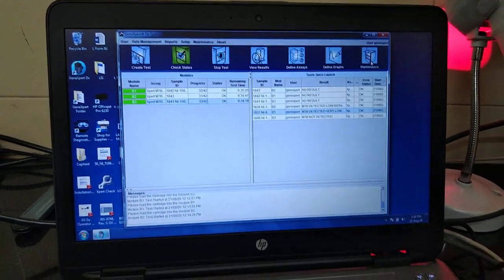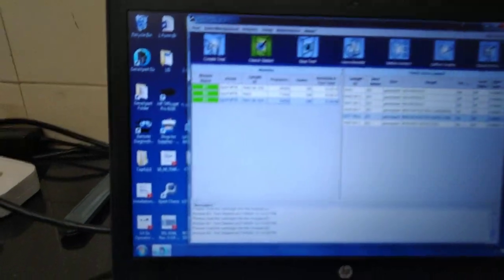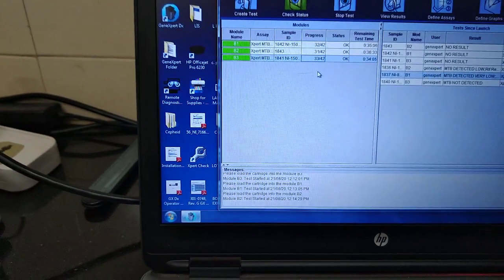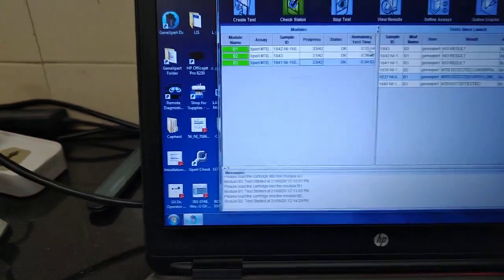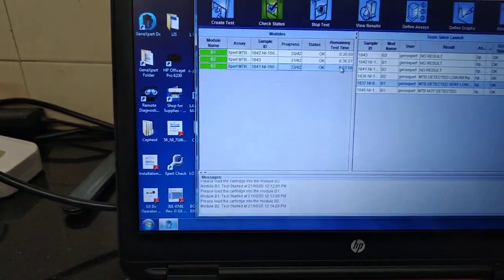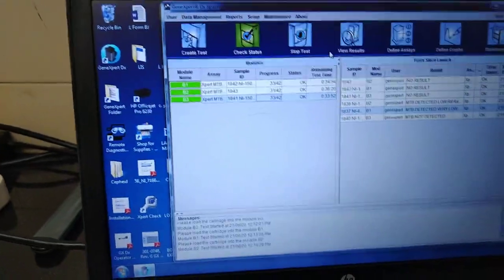the cartridge is there. You are supposed to load the cartridge, one sample, one cartridge, in this individual B1, B2 or B3 module, whichever you have selected, and then you have to check the status and then run the test. So processing time remaining over here is 35 minutes. Actual processing time is somewhere around 1 hour 30 minutes, and after that you can see the result by clicking